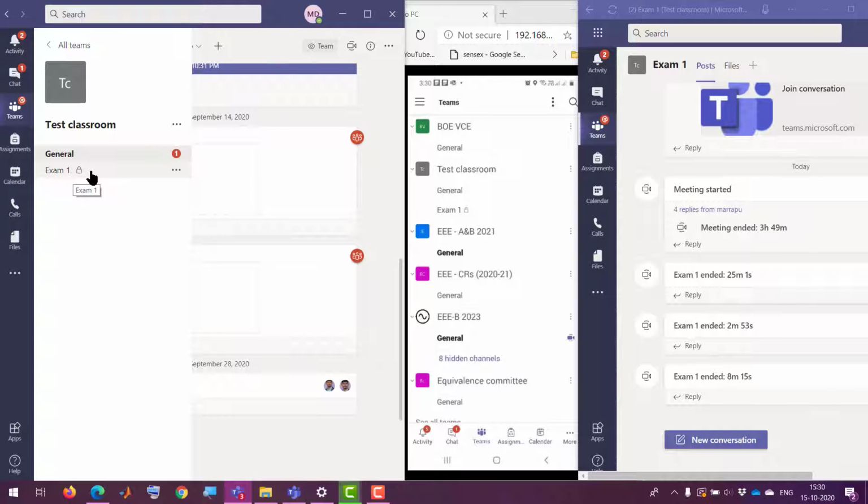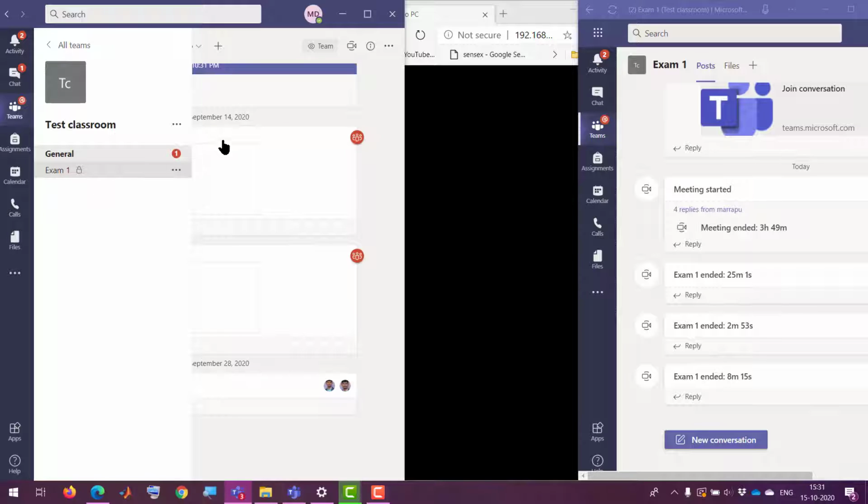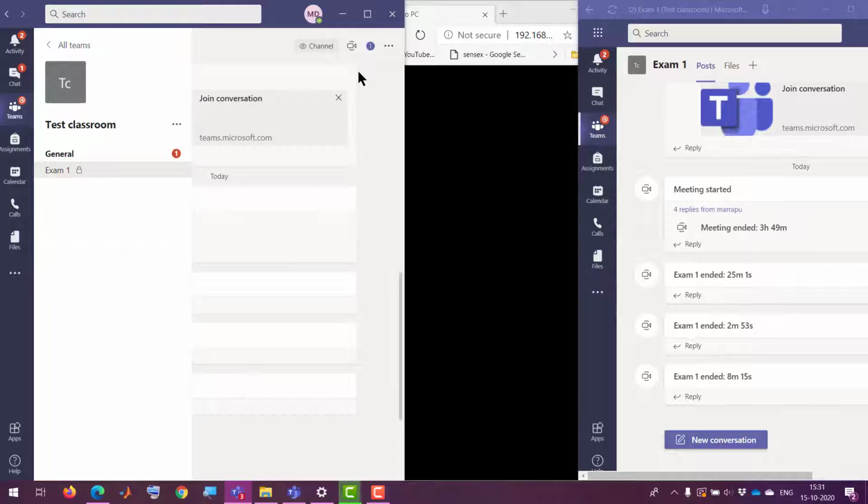In that team, one private channel will be there. That private channel is visible only to that particular faculty and the 15 to 20 students assigned to it. No outside students or any other faculty, except BOE, HOD and COE, can see that.